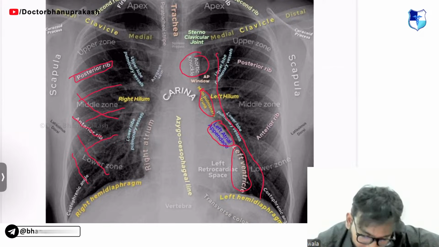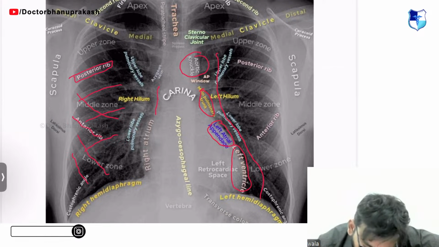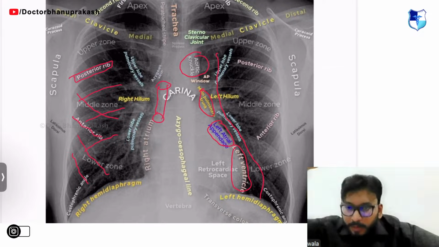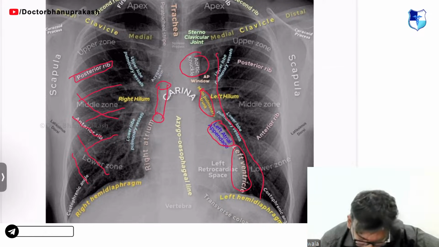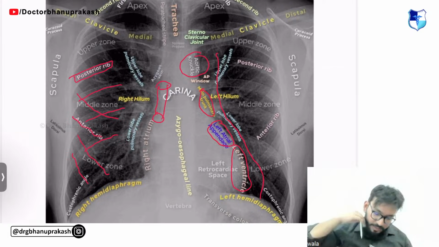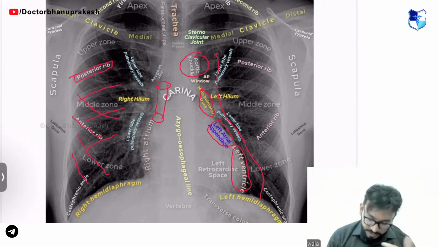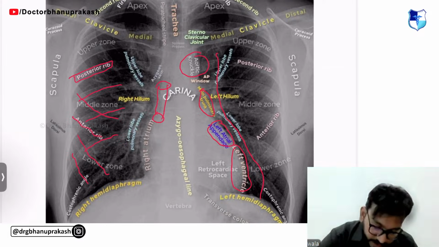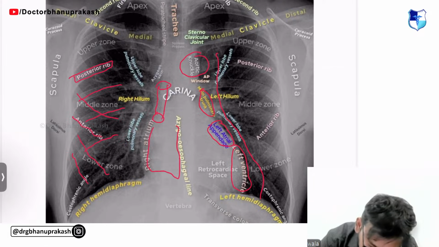On the right side, what do you usually see, guys? Here, what do you think? Which is the major vein which drains into the right atrium from above, carrying all the blood from your head and neck? Come on, guys. Yes, it is the SVC. Beautiful. It is the superior vena cava. This is your right atrium.